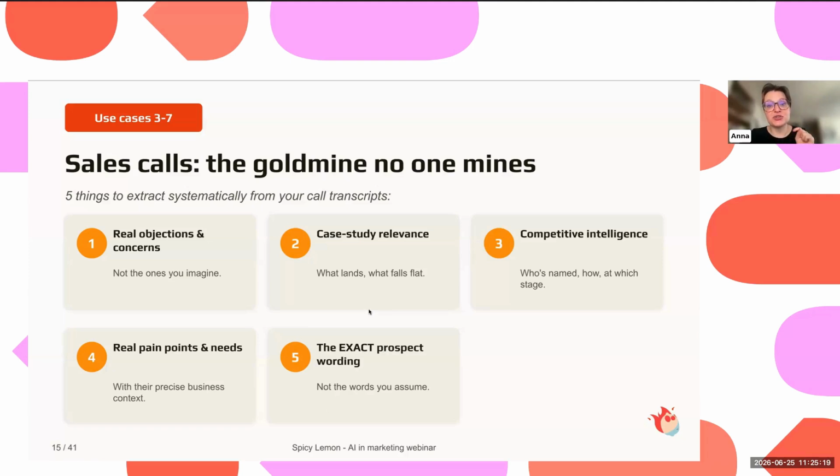You could actually use those sales calls for your SEO strategy, because you will find the exact keywords your prospects are using that you will be able afterwards to search into tools like SEMrush or Ahrefs using an API. And after this, being able to see, okay, this word we haven't tackled yet in our SEO strategy, but we definitely should because some prospects are using it. It could be very interesting to nourish this whole strategy. And finally, understanding their real pain points and needs will allow you to create the absolute best content possible, like white papers, lead magnets.